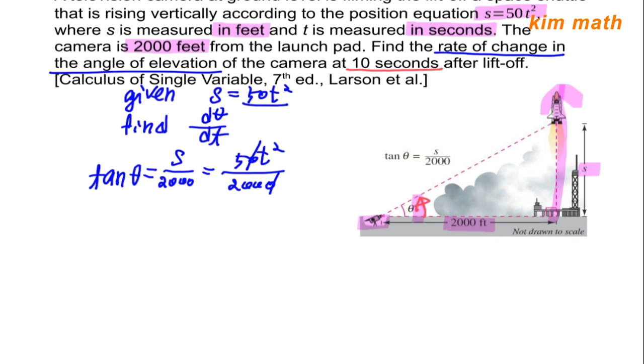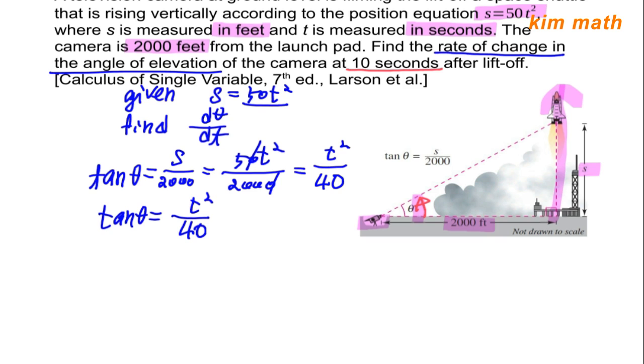After you cancel out the 10 and 10, 5 over 200 will be t squared over 40, right? So let me copy one more time. Tan theta is t squared over 40. Now we will differentiate